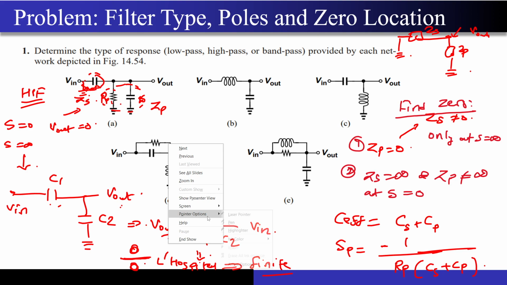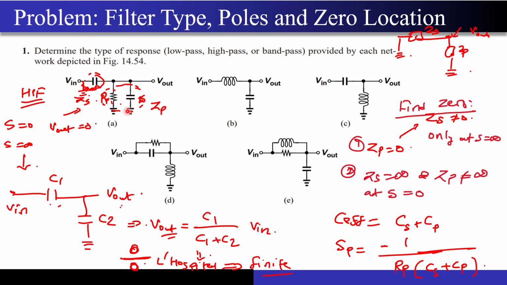So now let's start with the first circuit over here. Let's try to put S equal to 0 in this circuit. If you put S equal to 0, what is going to happen? This will act as an open circuit, even this is going to act as an open circuit. So there is no connection between the V out and V in, and basically you just have a resistor which is connected to the ground, and the other end is connected to V out. Since there is no current that is going to flow over here, your V out is going to be 0.